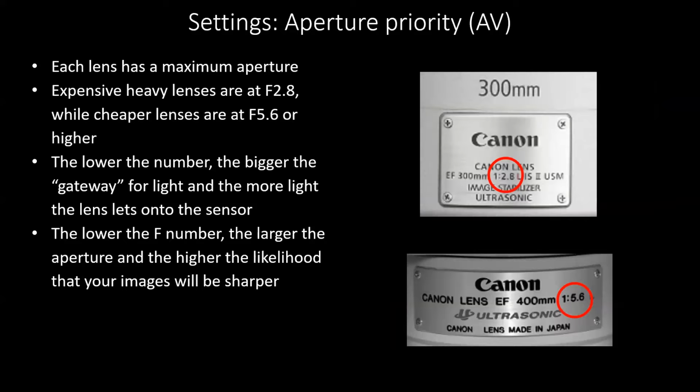Very simply, the aperture of a camera or a lens is the size of the hole that lets the light in. So the more expensive lenses have got very large apertures, and the cheaper lenses are generally the smaller apertures, and it's a bit of a strange one. The higher the number, the lower the size of the hole. So an f2.8 lens, which I'm showing you on the right hand side there, that 300 f2.8, has a larger hole than the f5.6, and essentially